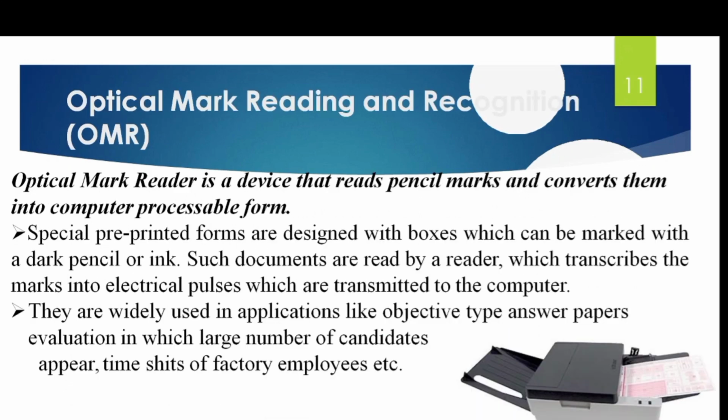The first type of scanner is OMR, that is optical mark reading and recognition. OMR, optical mark reader, is a device that reads pencil marks and converts them into computer-processable form. Special pre-printed forms are designed with boxes which can be marked with a dark pencil or ink. Such documents are read by a reader which can transcribe the marks into electric pulses which are transmitted to